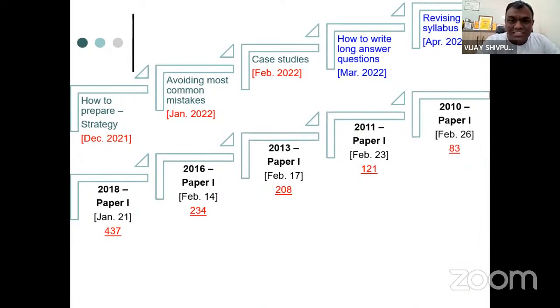If you look at the trends, the paper one video for 2018 was uploaded long back, but the number of views for it is very high. 2016, 2030, then after some gap, we are uploading all these videos. Paper one, all the multiple choice or objective kind of questions, are available on the Pharma Literati YouTube channel. You can access them. Beyond the questions and answers, there is an explanation given,